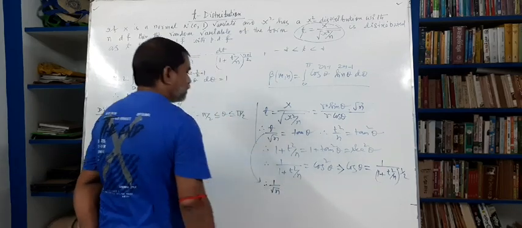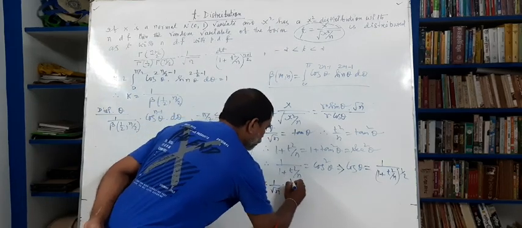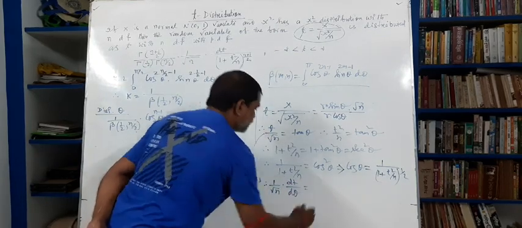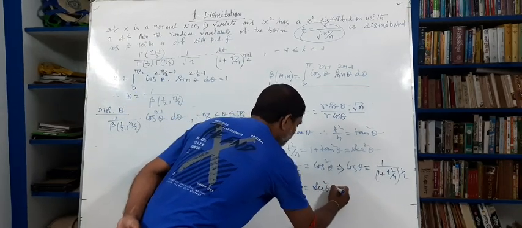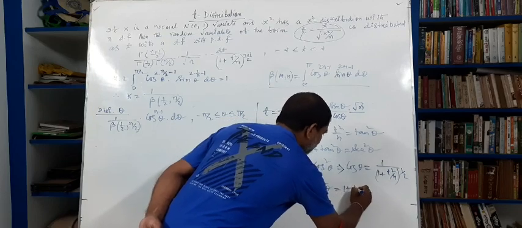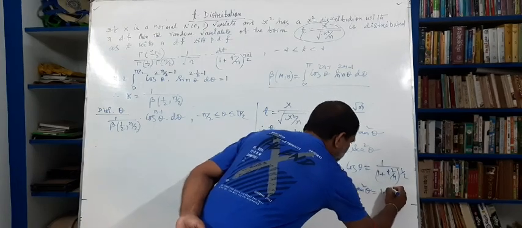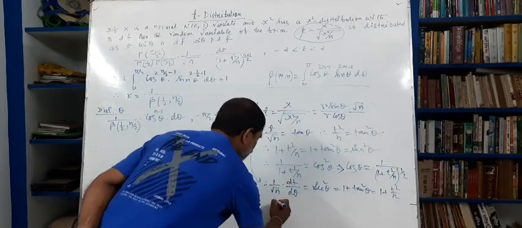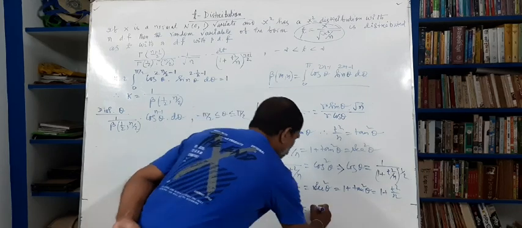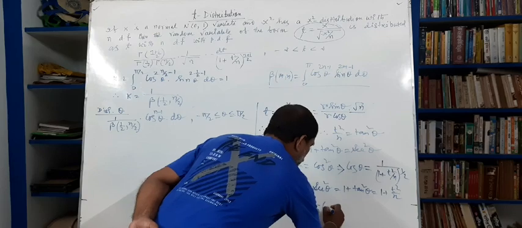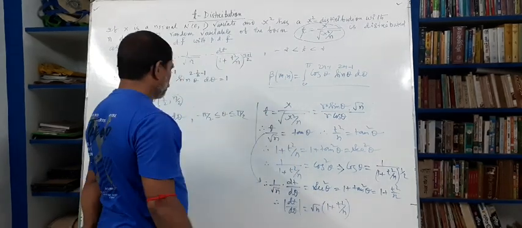From this, differentiating both sides with respect to theta, we get 1 by root n dt d theta equal to sec square theta, that is equal to 1 plus tan square theta, and that is equal to 1 plus t square by n. Therefore modulus of dt d theta equals root n into 1 plus t square by n, and from this we get